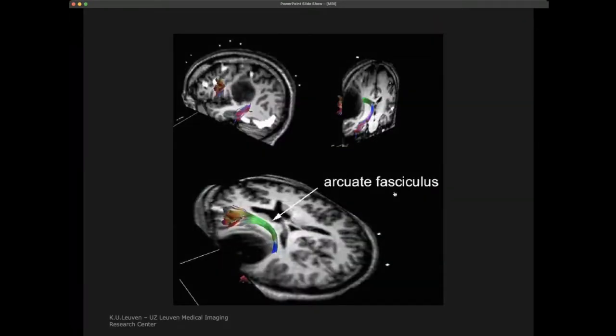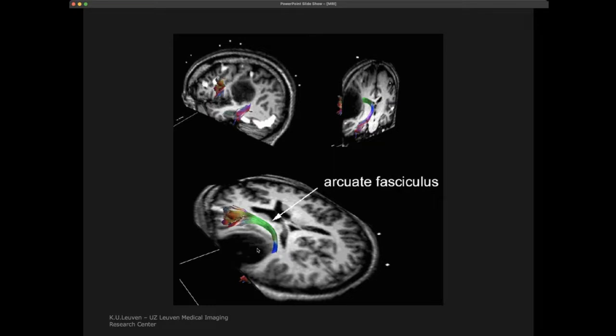So one application is of course in neurophysiology, where you try to understand it, but there are also applications in neurosurgery, for example. Here you see a patient that has a large lesion in the brain in this location. And the question is, what will happen if I cut this out? If I do surgery and remove this lesion, what will happen with the functioning of the brain? Will the function that is normally encoded in that part of the brain be lost,